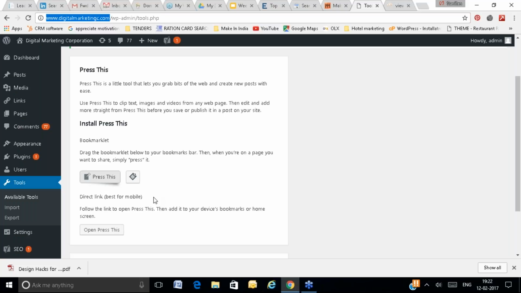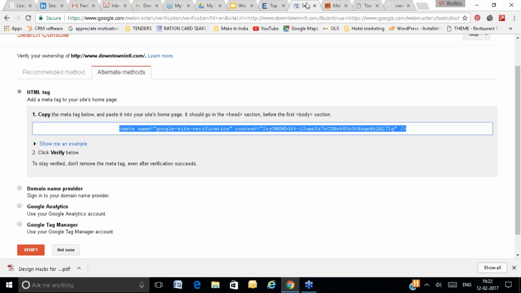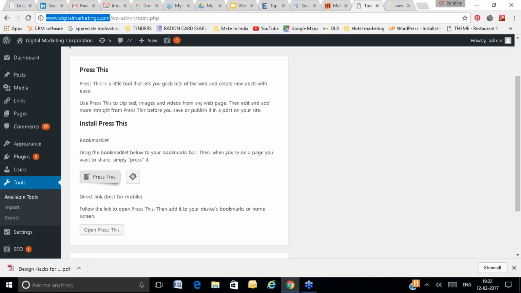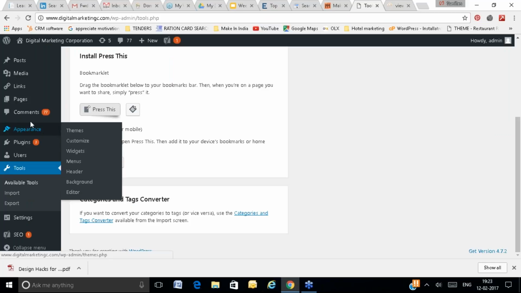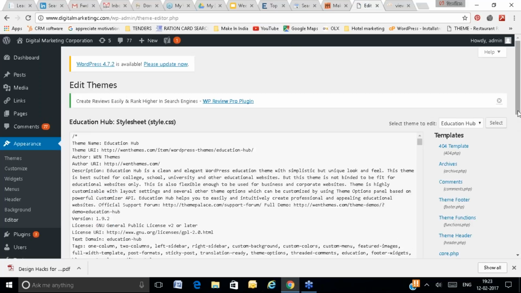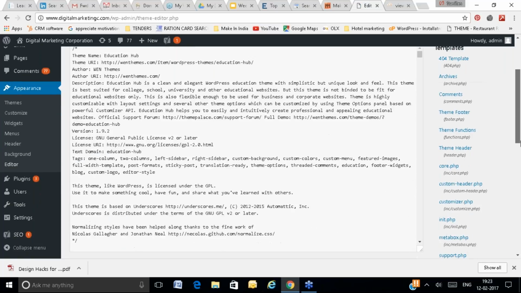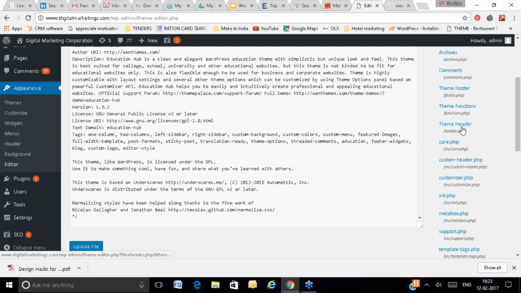So you will go to the available tools, and wherever it is written webmaster verification, Google Webmaster verification, or Search Console verification, you will copy this code and enter here. You will copy this code and you can place it there, right? If it is a self-hosted website, you can place the same code by going to the appearance. In that appearance, you can go to the editor. You will find header.php, theme header.